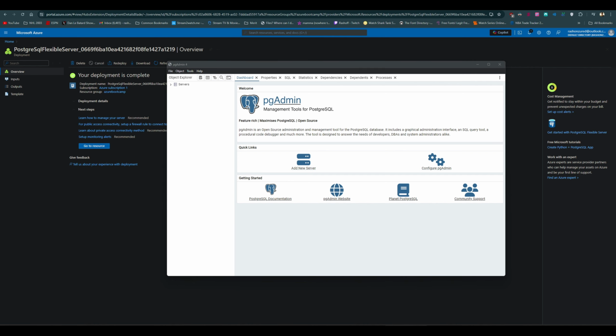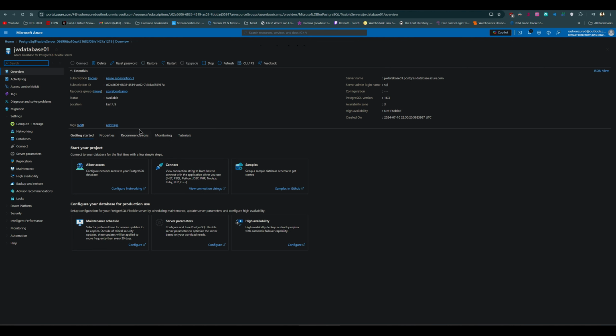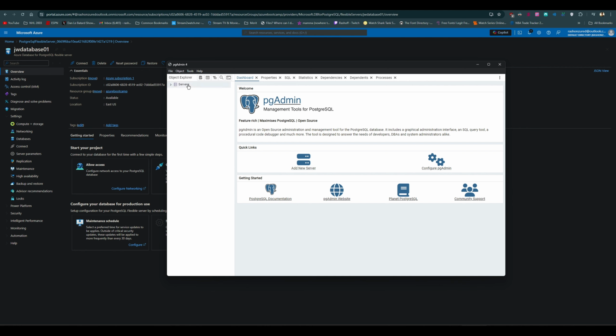All right, perfect. It is now deployed. That is all set. So we're going to go to the resource. And as we see here, the status is available. This will be the server name, which we will put into the pgAdmin program here. So let's bring it up. So we're going to right click on servers, register a server,